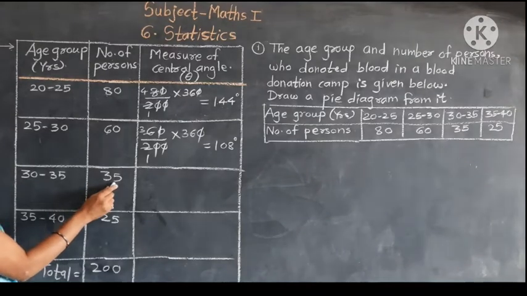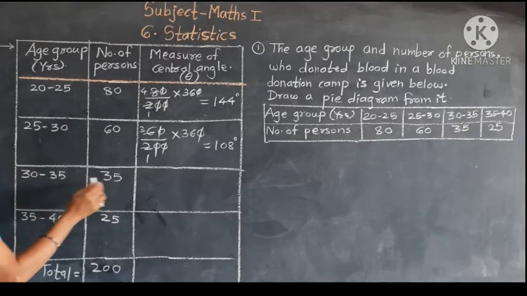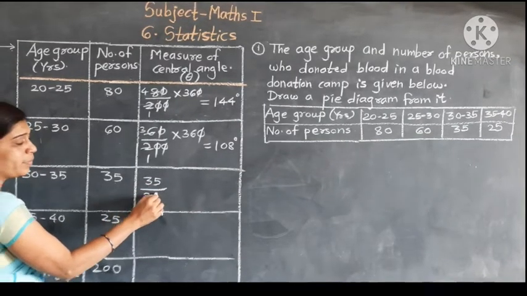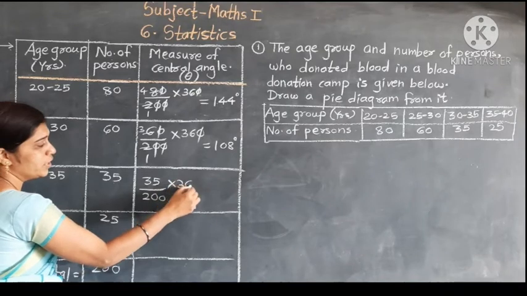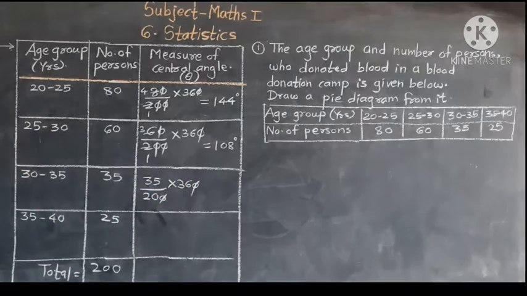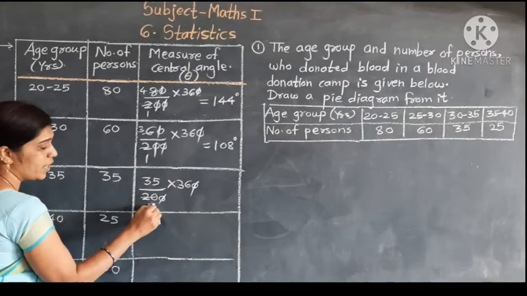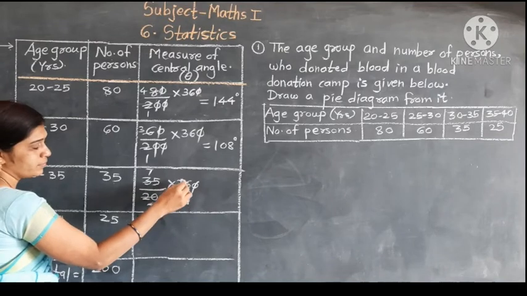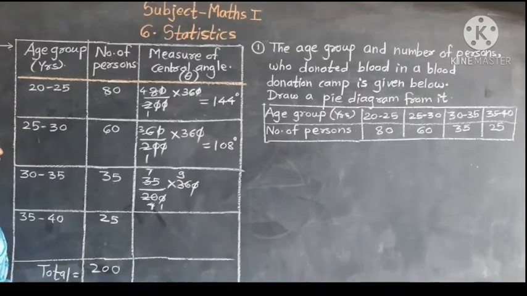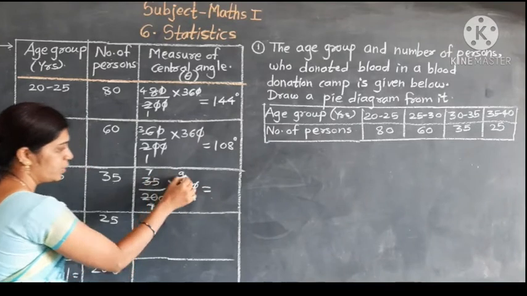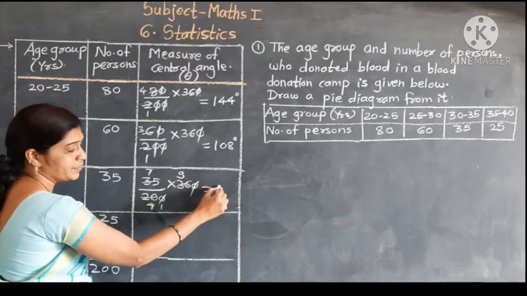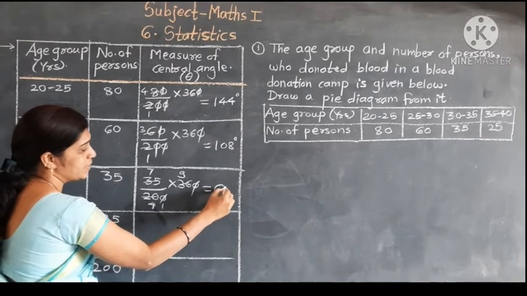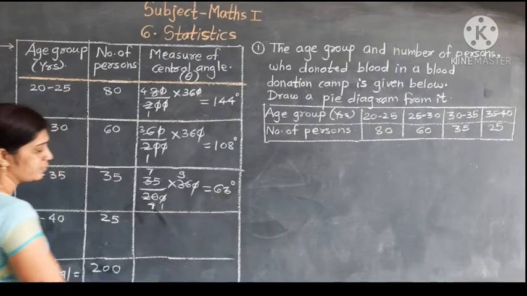Then number of persons in the age group 30 to 35 is 35 divided by total number of persons, 200 into 360. 1 0 get cancelled. 5 4 जा 20, 5 7 जा 35, 4 1 जा 4, 4 9 जा 36. Therefore here 7 9 जा 63, and last one,